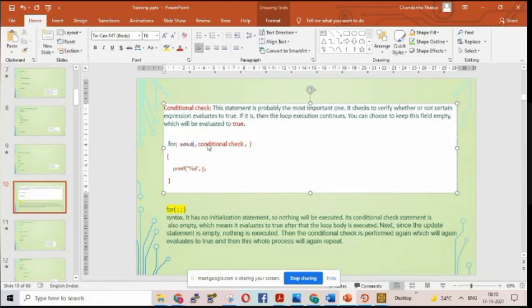Now what I'm telling is, I don't have this part, I don't have initialization, and I don't even have condition check. So what will happen in this case? Is it true or false? What we feel is no. How is it possible? But it is possible. Can you guess the output if I say it is possible? What will be the output? Ma'am, it's an infinite loop. Can you explain why it is an infinite loop?